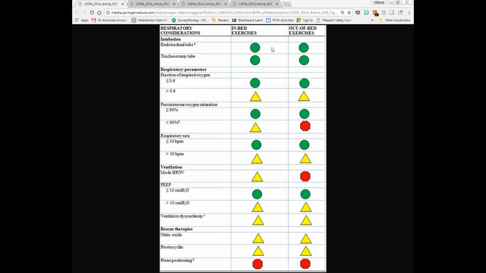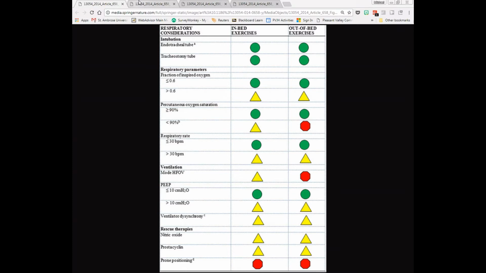If we look at the green dots, obviously they mean it's safe. The yellow triangles mean some caution. The red stop signs mean stop. And I'll let you look at those. If we look at these, our patient has an endotracheal tube, no problem with that. His FiO2 is below 0.6. Saturations are sitting well per nursing notes, respiratory sitting well. His mode is okay on the ventilator. PEEP is in a good situation, and he doesn't have anything else with respiratory that would make me be concerned